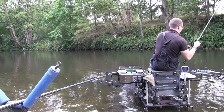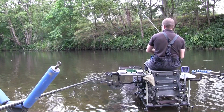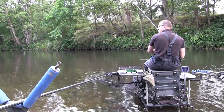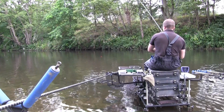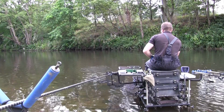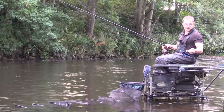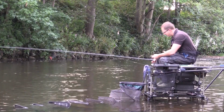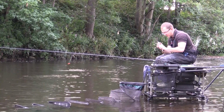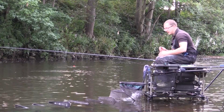Right, so there we go, we've hooked another fish now. I think because we're losing the light and we've got to the end of a 4.5 hour session, I think we'll call this the last one of the day. It's been really interesting catching these roach and the odd dace. Like I said, we've had to mix it up between the maggot and the caster on the hook, but we've ended up catching a lovely stamp of fish, you can see, really nice quality on them. And hopefully it's given you a few ideas as to how to go about waggler fishing on the Calder and rivers similar to it. So we'll get this one popped in the net and then we'll have a quick look